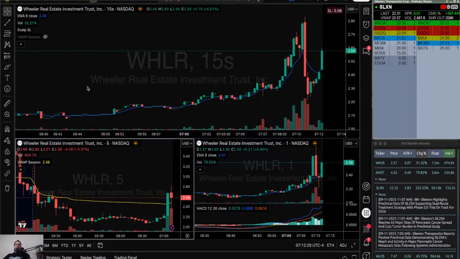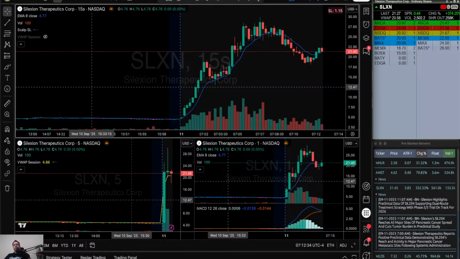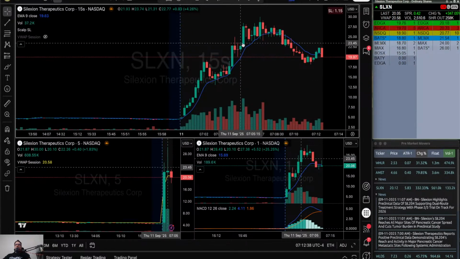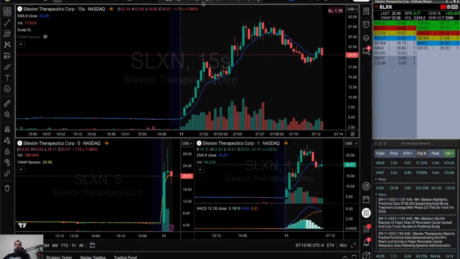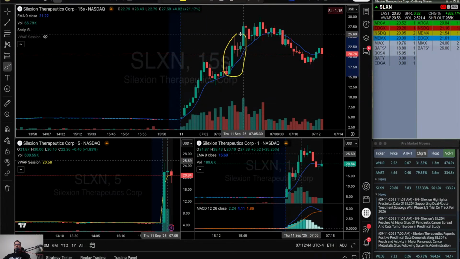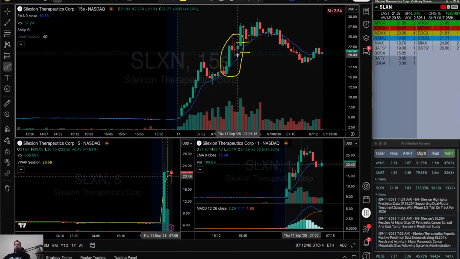You can't be doing stuff like that because these market makers will screw you. I mean, this right here was a perfect setup. This was a perfect setup. Okay, if it wasn't for the spread, that was a perfect setup because right here we had a micro pullback. Get in there, put your stop down there,